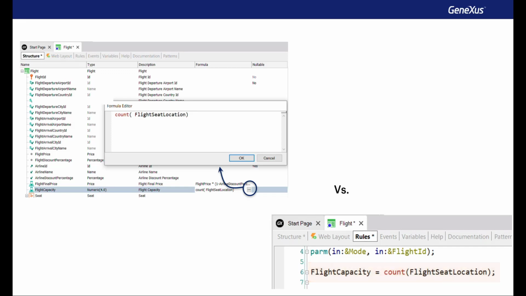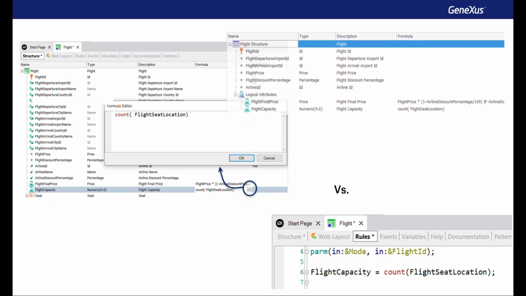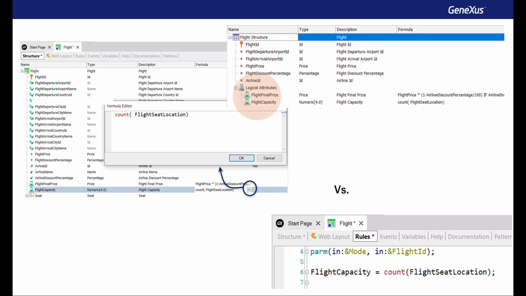What considerations should we take into account when deciding whether to assign the calculation by means of a rule or by defining the attribute as a formula? We've already seen that if the attribute is a formula, Genexus does not create a field to store the value in its associated table, in other words, the table to which the formula attribute would belong if it were stored, since it understands that its value can be obtained from the calculation. For this reason, we say that we consider the attribute as virtual, since it's still present in the transaction structure, but not in the associated table. We can see that in the definition of the table, it appears as a logical attribute.